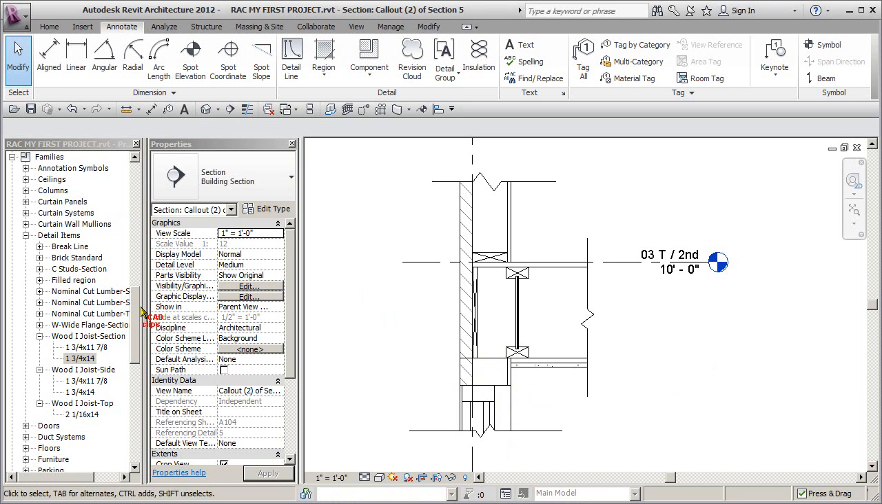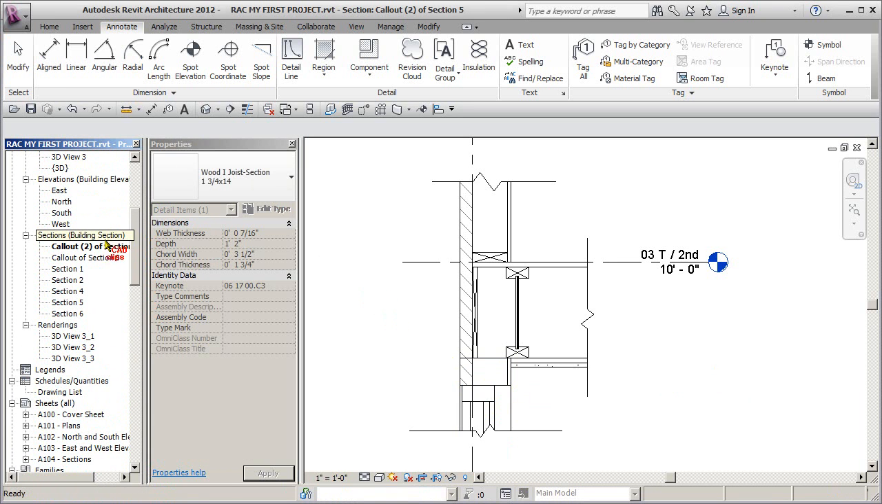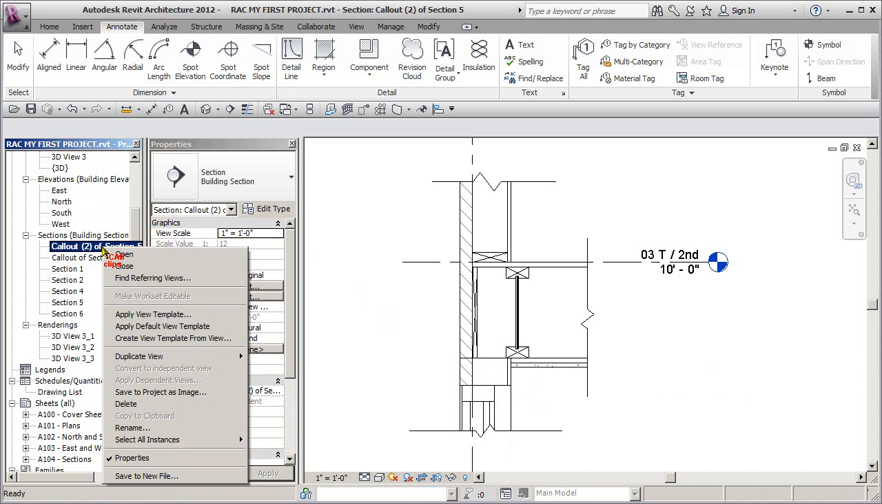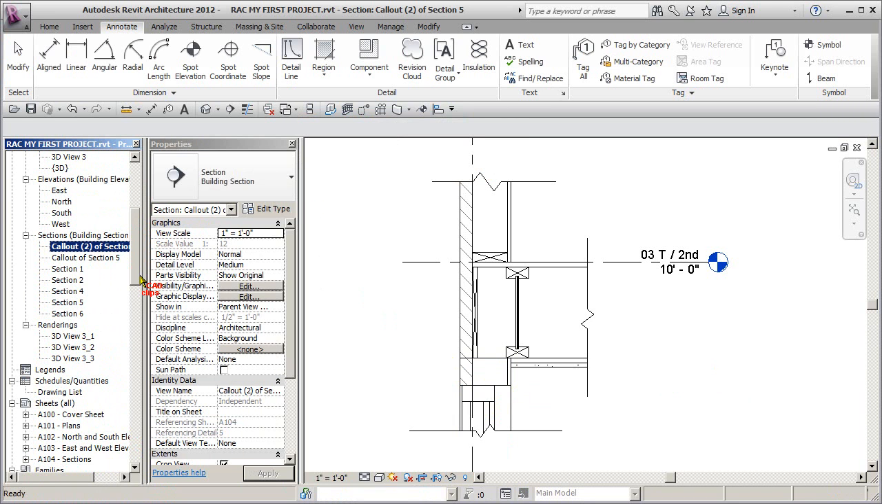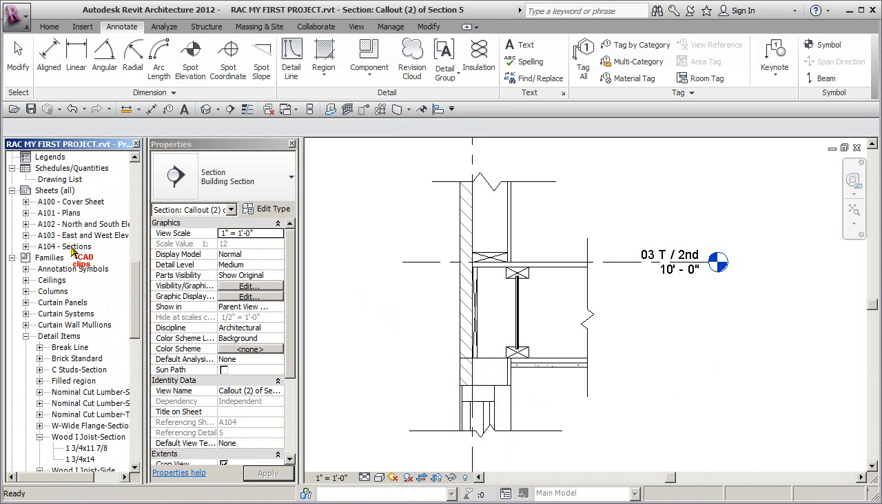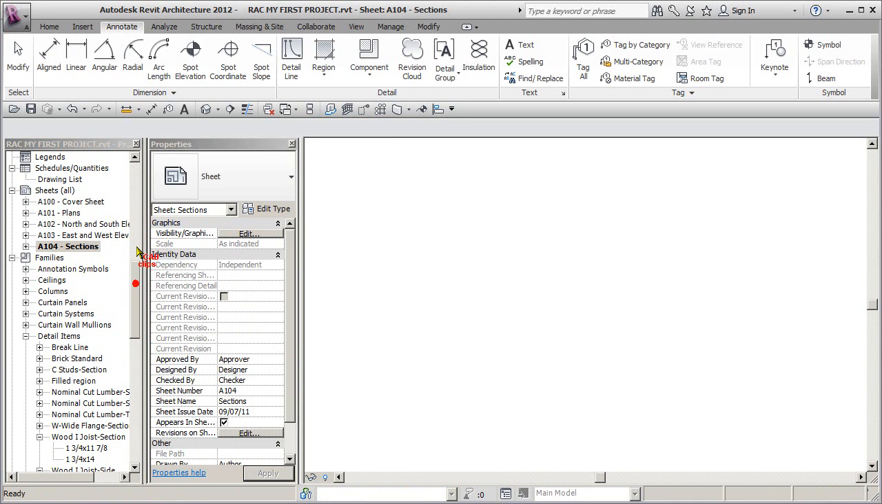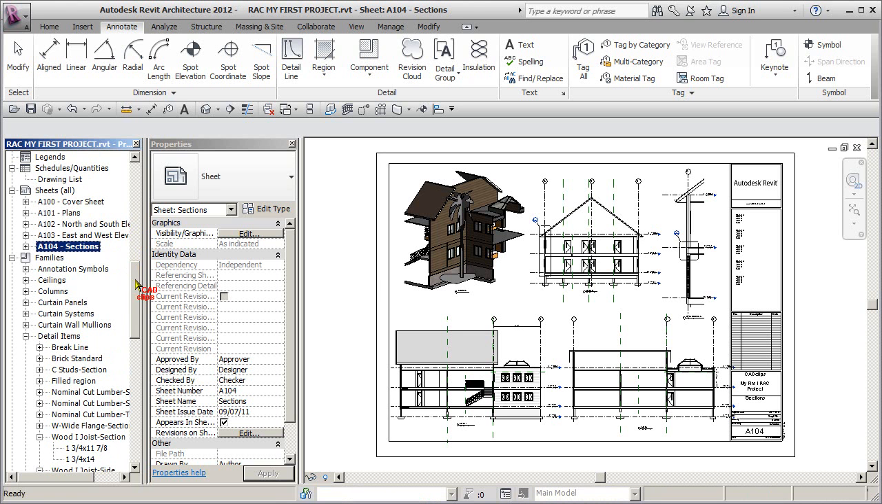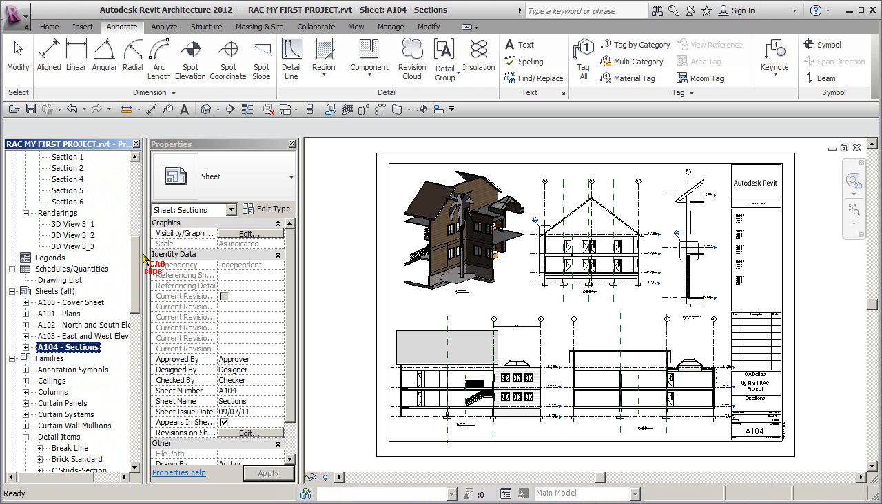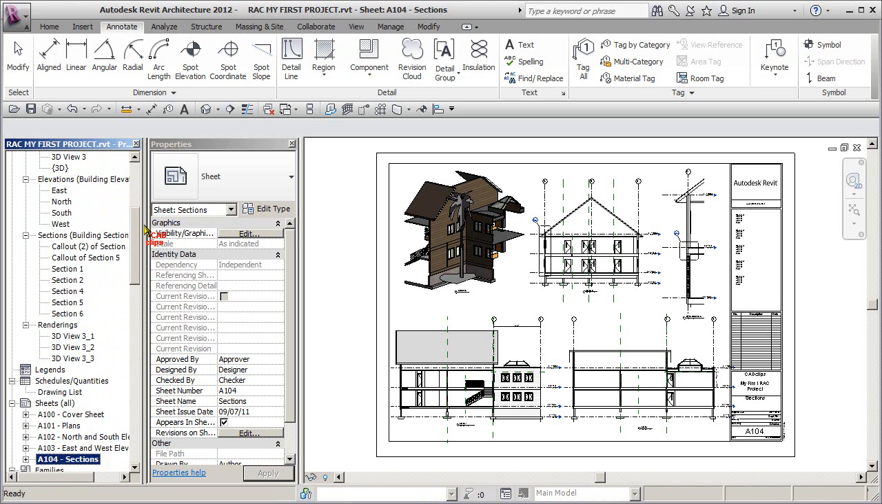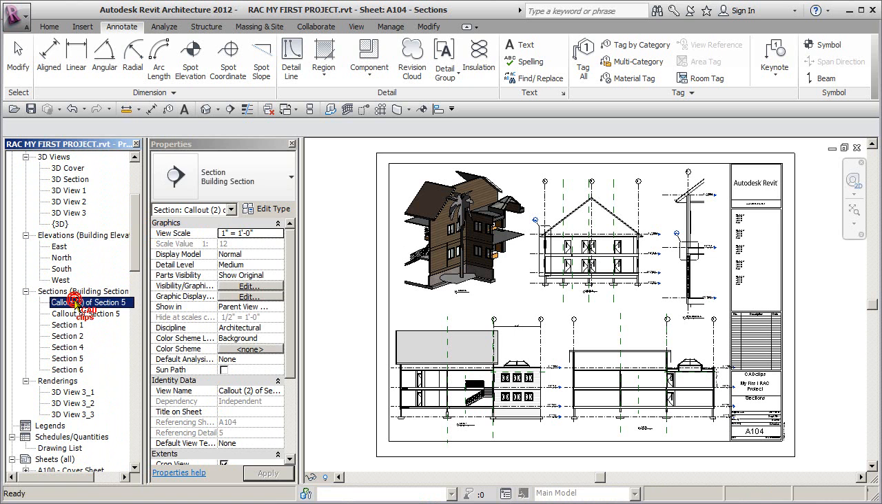And now, of course, we can place that on a sheet because that's going to be called call out 2 of section 5. So I can go in and I can rename that if I want. Okay, and I can also place that on a sheet. So I can go down to my sheets, grab my sections sheet, double click to open that up, and then I can simply go up to here and grab that section from here and drag it down,